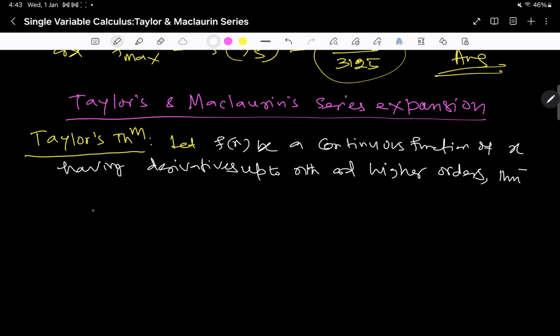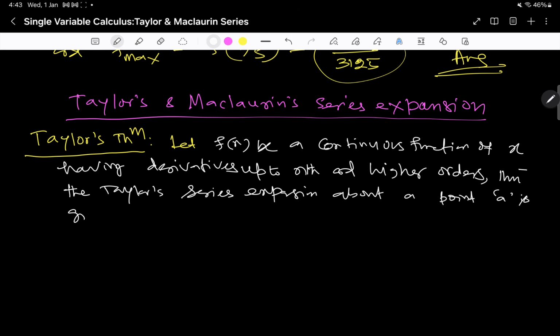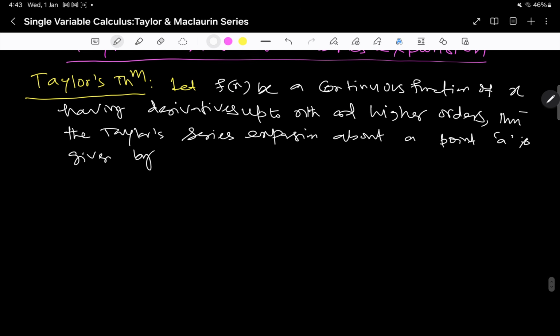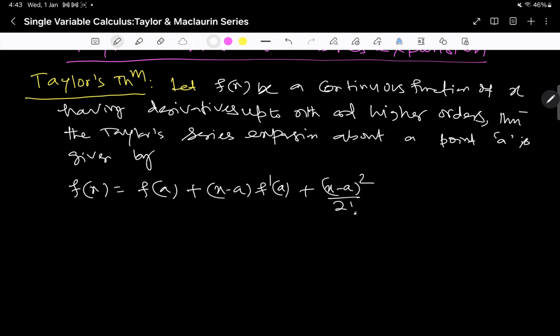Then the Taylor series expansion about a point a is given by f of x is equal to f of a plus x minus a f dash a plus (x minus a) whole square by factorial 2 f double dash a plus